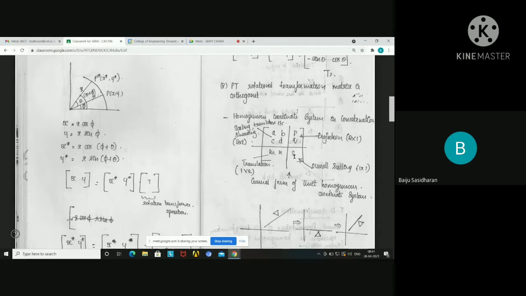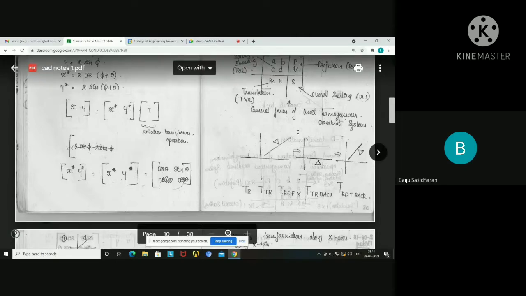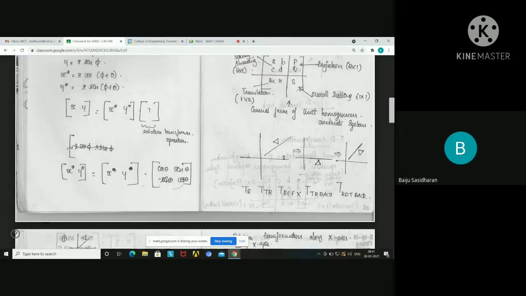So next we have to discuss, up to this time all the operations we have done about the origin. We are rotating about the origin, we are translating with respect to that origin. Suppose in the screen we have a picture like this, and there is an arbitrary line, and above that there is a triangle. So we have to reflect this triangle